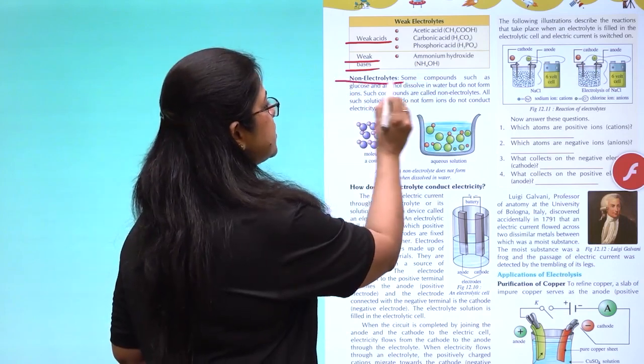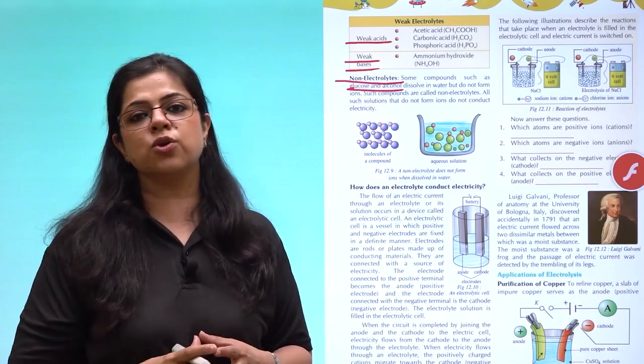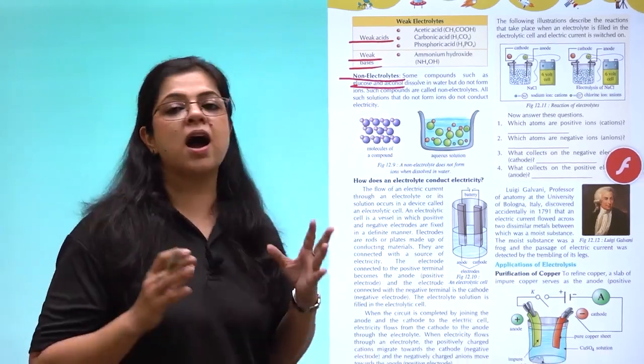There are certain substances like glucose and alcohol. ये substances water में तो dissolve हो जाते हैं लेकिन ionize नहीं होते हैं. These substances are known as